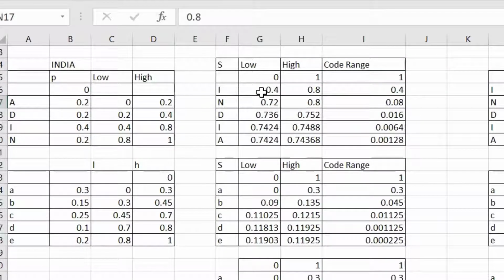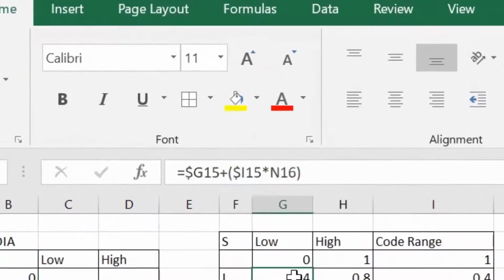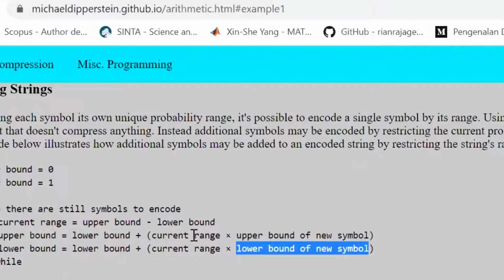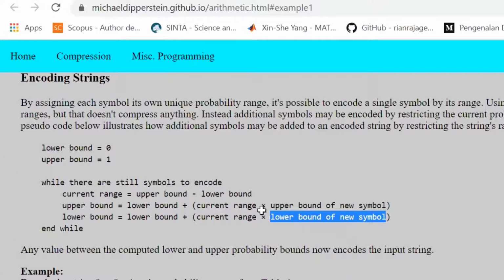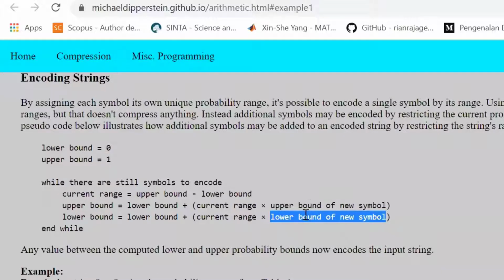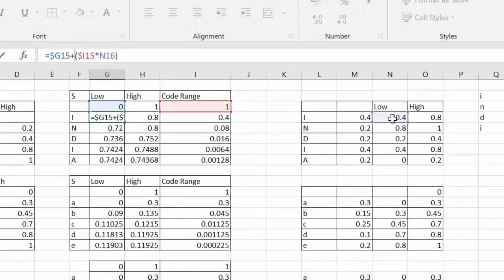For example, for the I, the equation is the low plus the current range times the lower bound of the new symbol. The lower bound is here.